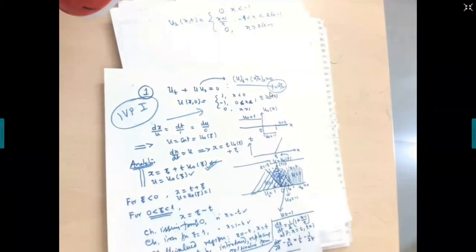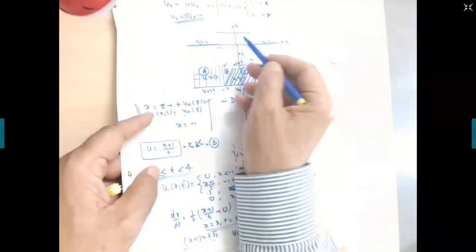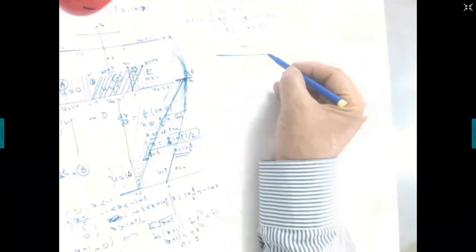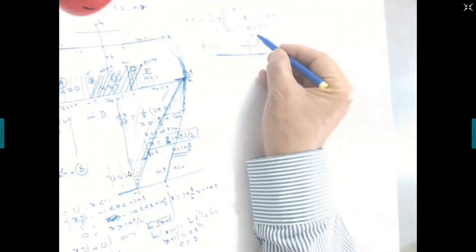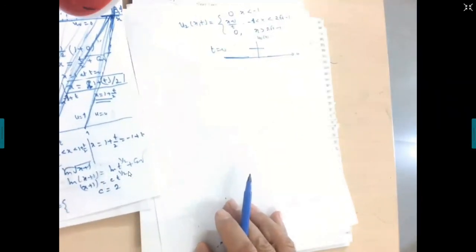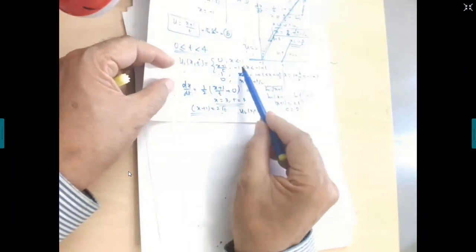This is the initial profile we have just seen. The initial profile at t equal to 0 looks like this. This is your u naught x. What happens if you look at the solution? u1 is this solution, u1 is given by this expression.